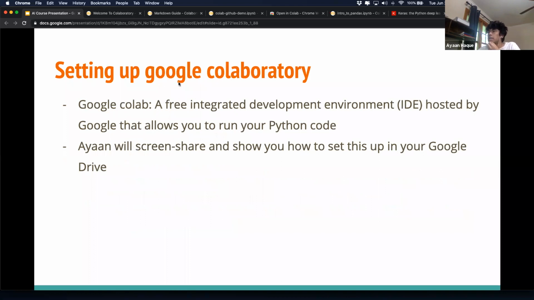So let's talk about how to set up Google Colab. Google Colab is a free integrated development environment. If you've done Java, it's like Eclipse, which is what everyone learns at a base level. Basically, Colab is an online IDE that saves all your code, and it has online servers, so instead of running your code on your local machine, you do it in the cloud, and it's a lot faster. There are a lot of reasons why we use Colab, specifically because Colab is built for data science and machine learning. I'll show you how to set that up.